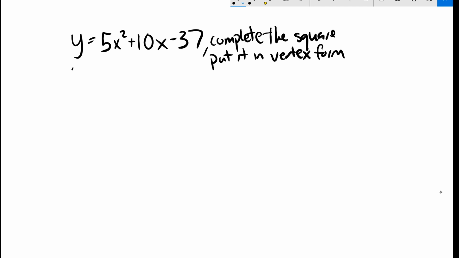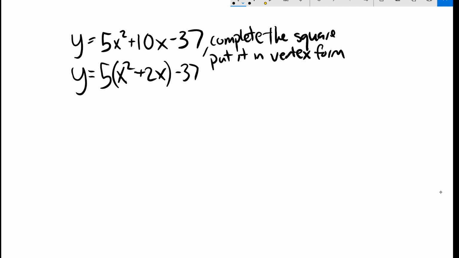Alright, so first thing I do. The way I do these is I pull the 5 out of these two terms because it just seems nicer to do that. There's a completing the square method where you don't pull the 5 out and you just do negative b over 2a and all that garbage. But I think it's easier to just pull out whatever's in front of x squared. So that's how I pull out the 5. Now a lot of people try to do this to factor problems and it works out really poorly for them. But here it's really helpful because